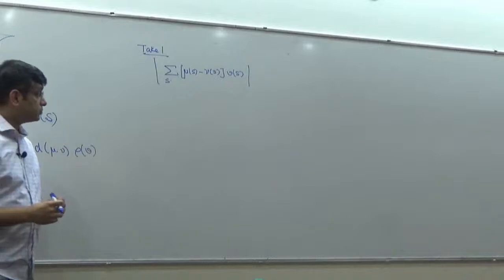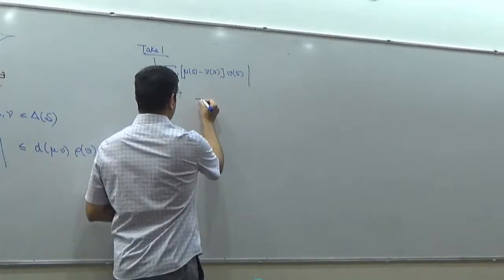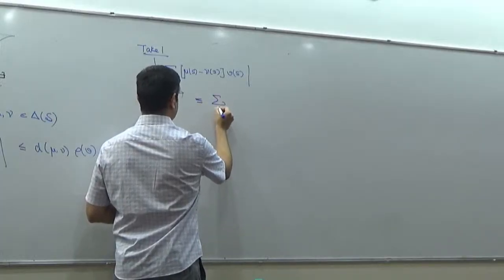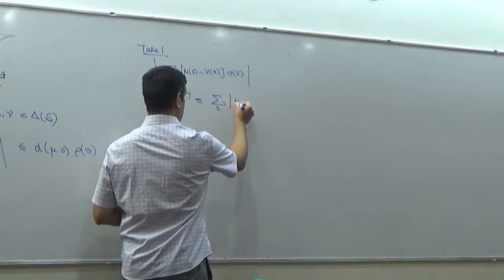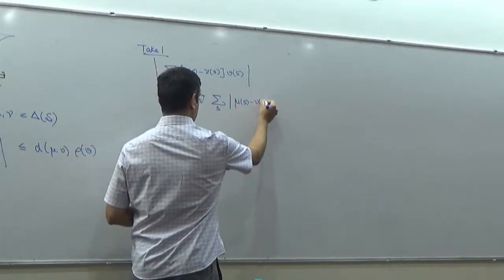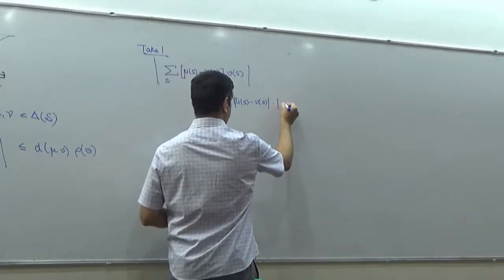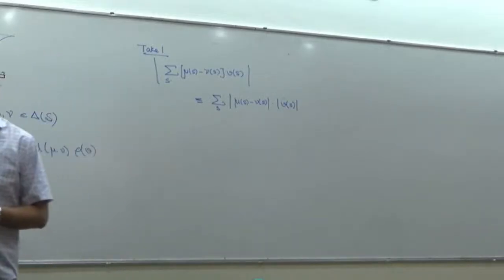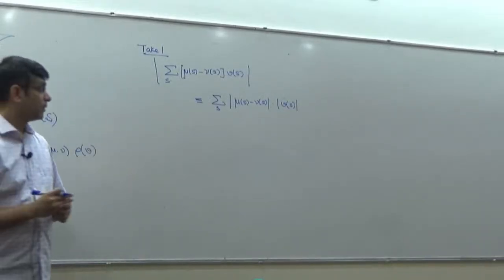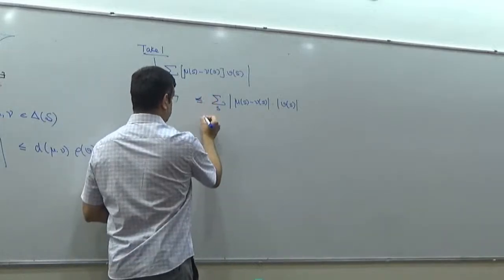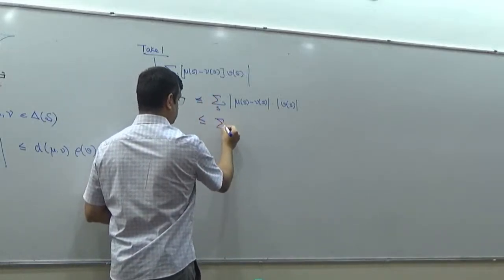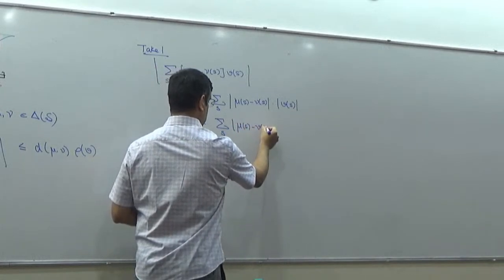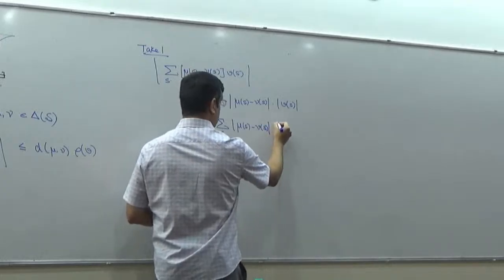So, I can say this is going to be less than or equal to the summation over s, absolute value of mu of s minus nu of s times absolute value of v of s. This is just triangle inequality. Okay. I can say this is going to be less than or equal to the summation over s of absolute value of mu of s minus nu of s into the sup norm of v,